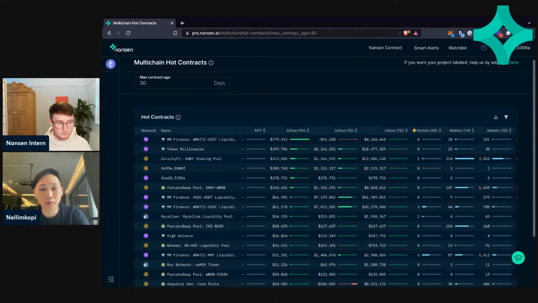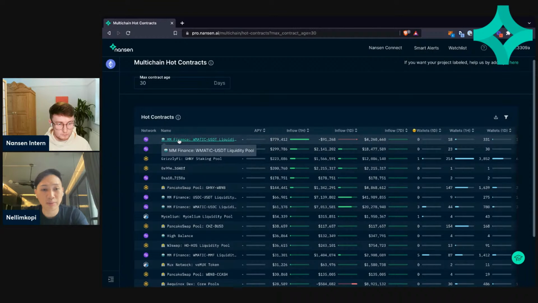right? So the idea is by looking on the blockchain, by using tools like Nansen, you can actually track people moving their capital before they actually start trending on Twitter or before some influencer starts talking about it, right? And hot contract here shows you a couple of different things, right? You have your APY, you have your inflow for the last hour, which is good for identifying opportunities on the